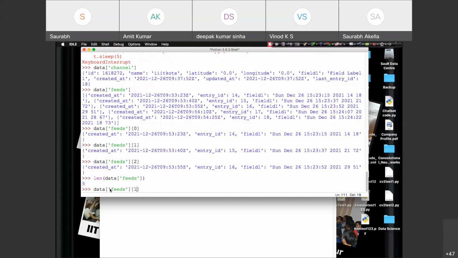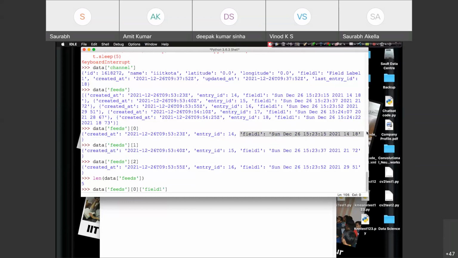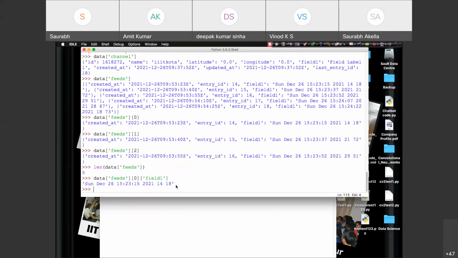of 0 of, now if this is your response, I want to just check field 1. I don't want to hear about entry number, this and that, right? I just want to hear about field 1, right? So here I'll write field 1 as one of the keys, and the value pair is this. So key value is this. Okay, so now I'll get the exact response of that entry, right? What we need to do with this response, that will be decided later on. But this is how we have extracted the information, right? This is our first information, right?